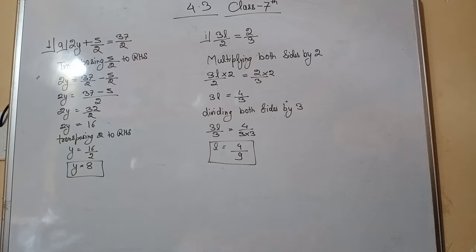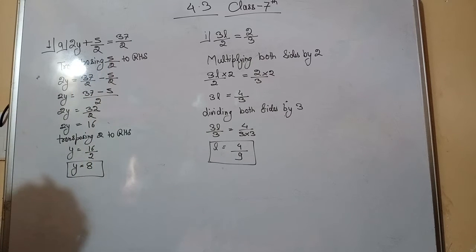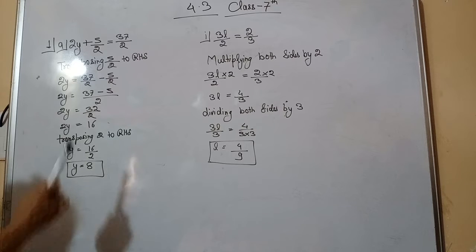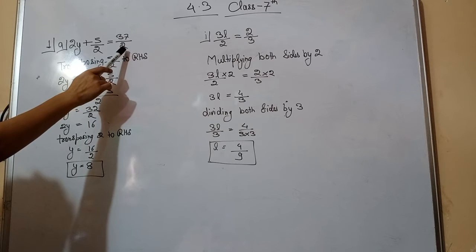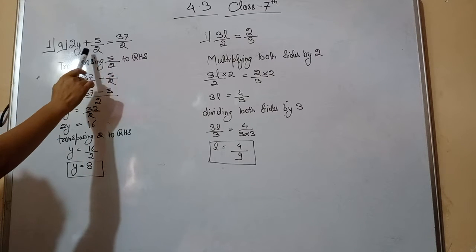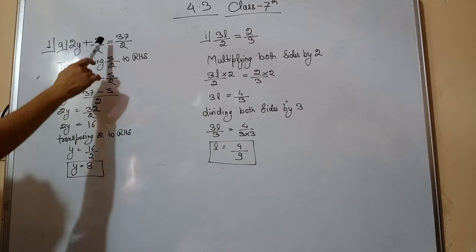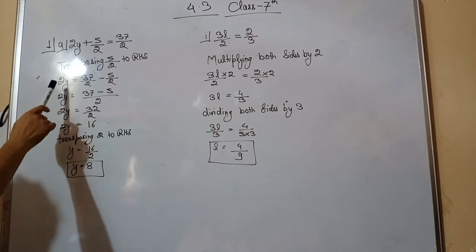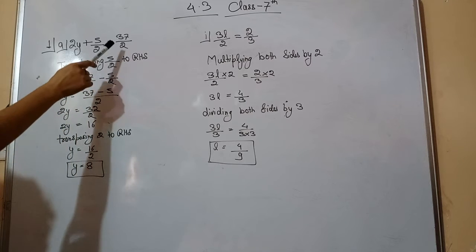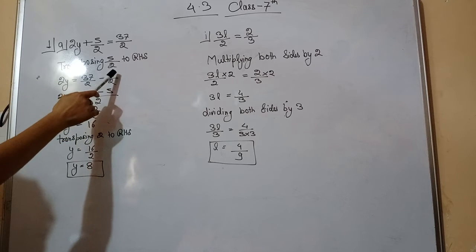So see what is given in the first question, option number A: (2y + 5)/2 = 37/2. There is one rule in mathematics that we have to transpose constant towards constant side. This whole side is called LHS, means left hand side. This side is called RHS, means right hand side. So this is a constant, this is a constant. So we will transpose this constant towards that side. It means transposing 5/2 from LHS to RHS side. Now what we are getting, 2y on this side, equal to sign. After transposing, 37/2 is in plus, so after transposing it will become minus 5/2.